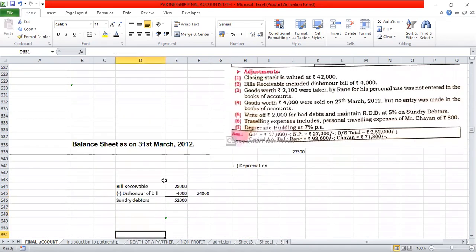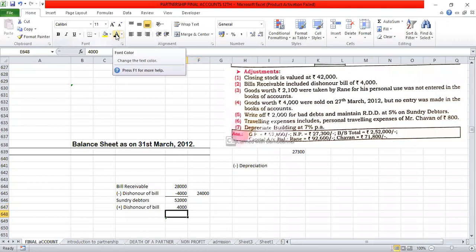To sundry debtors you will add 4,000 rupees, that is dishonor of bill. 52 plus 4, how much? 56,000. So you can write the total together. There is one more adjustment, so we will write it together. Next,